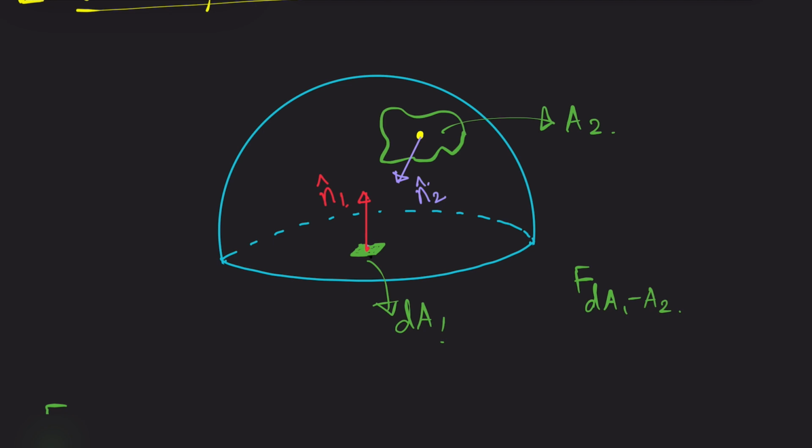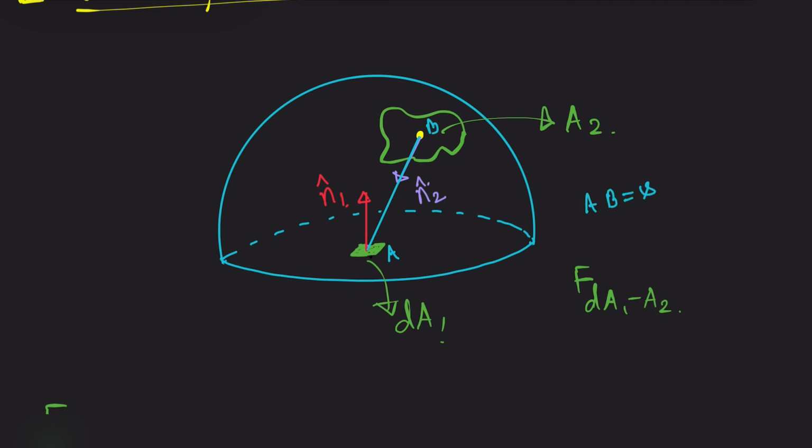Finally, I have to join the lines between the centroids of the area. That joining line will pass through this. If I write this as A and this as B, then AB equals